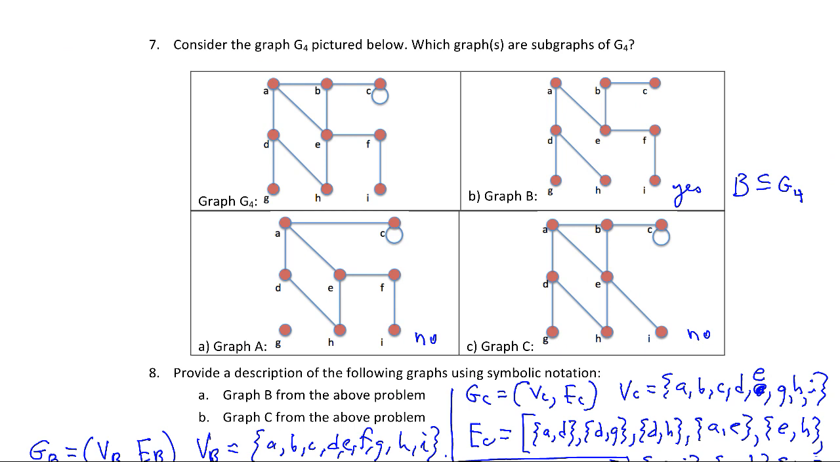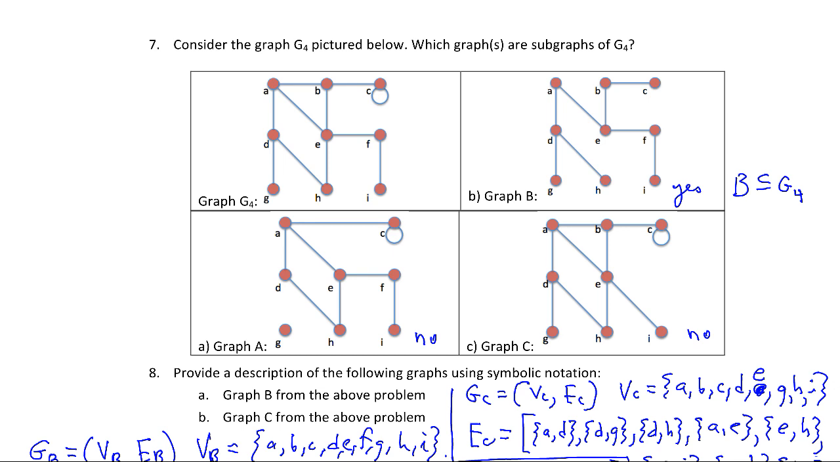Anytime we have a cycle, we don't have a tree. So here, graph G4 has 1, 2, 3 different cycles. Graph A has a cycle here. Graph B doesn't have any cycles, looks like it, and it's all connected, so it looks like it's a tree. And graph C has a cycle here, has another one here, and has another big one here. Okay, and so